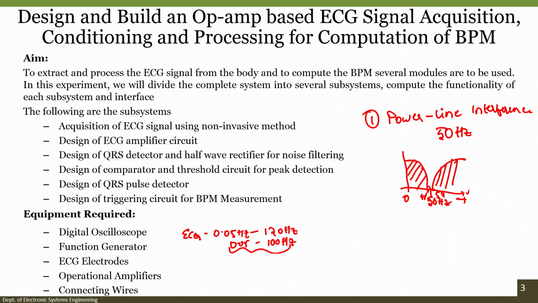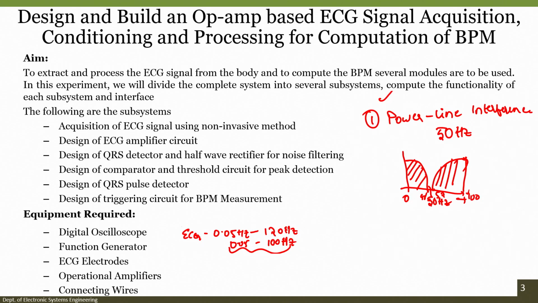everything we will allow. And since we also have a low pass filter, after 100 Hz no signal will be received. No signal in the sense, most of the signals greater than the cutoff frequency of our low pass filter will be attenuated. So as a result, we cannot see the signal after 100 Hz. In such a way, one problem due to the power line interference can be eliminated.